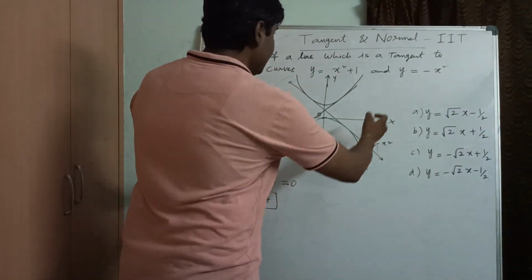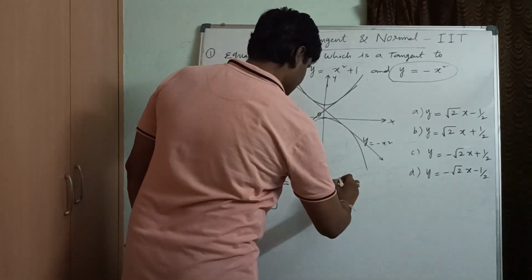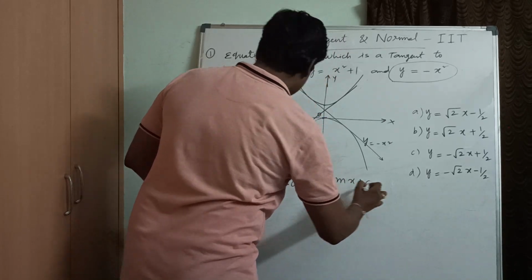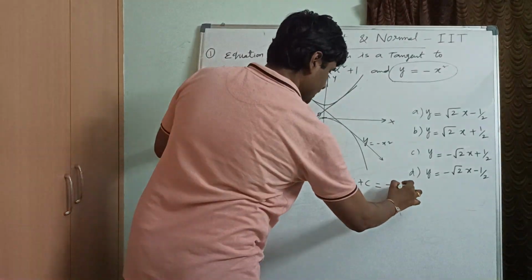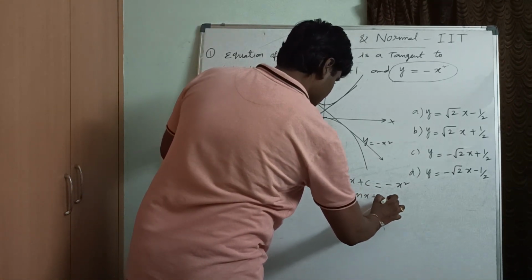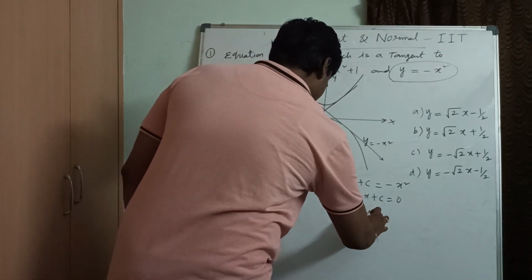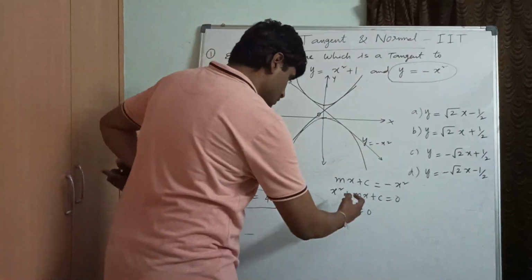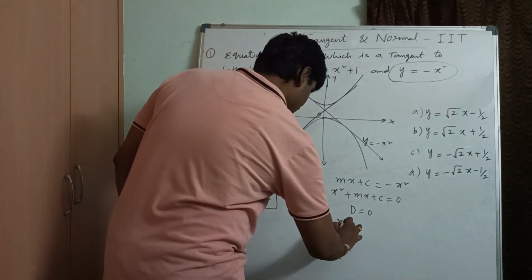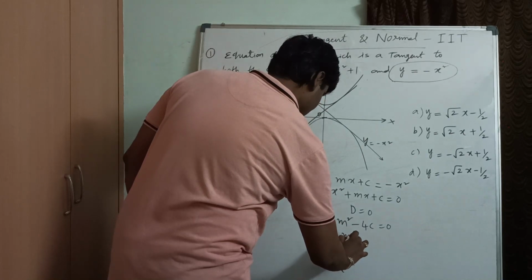Now let me equate y equal to minus x square with this line. What can I write here? mx plus c equals minus x square. So what can I get? x square plus mx plus c equal to 0. Here also let us equate the discriminant equal to 0, whenever roots are real and equal, because it is a common tangent here. Now here b square minus 4ac, that is m square minus 4c equal to 0. So that means what is m square here?